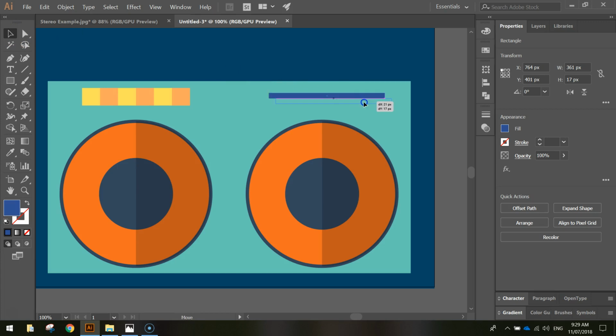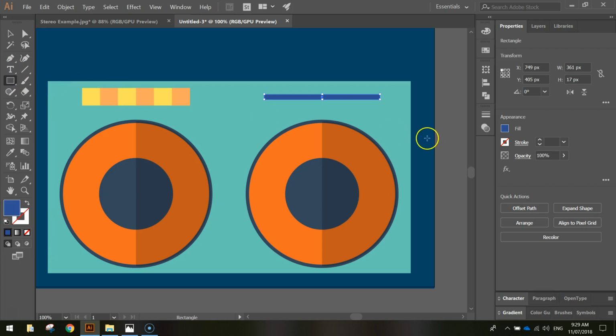Now I'm going to use my selection tool to pick that up and just try and center it with the speaker. Oops, and get it centered with those other ones over there. That's looking pretty good. And to put in a little slider now, what we're going to do is just grab